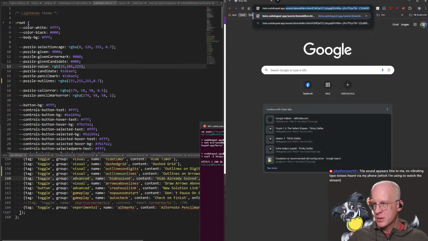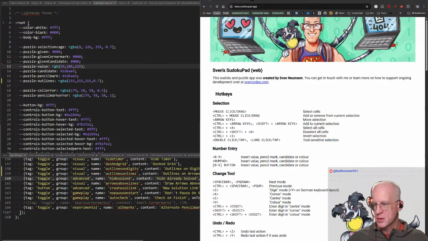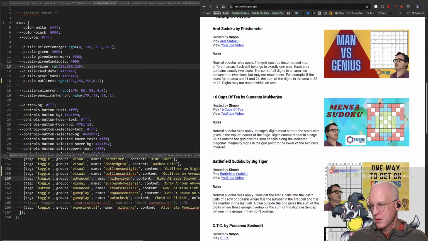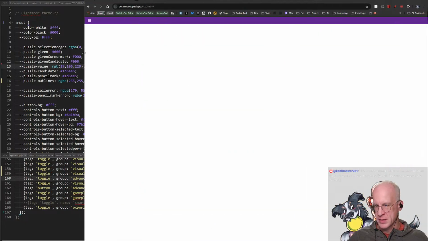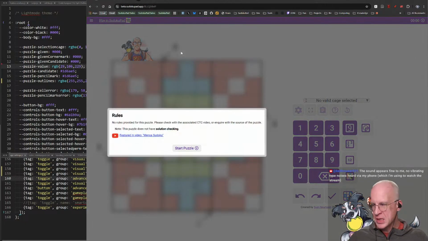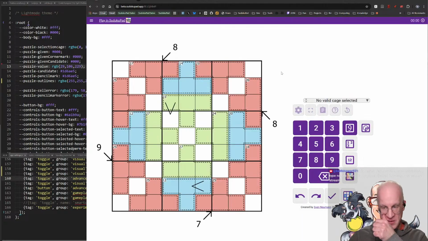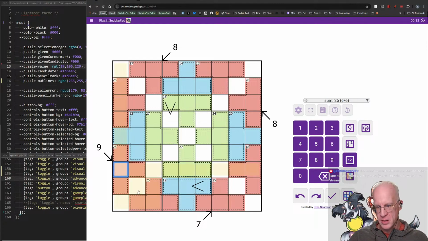I think on the homepage, one of the test puzzles has background colors. This one. Unfortunately, it's also a really old puzzle, so it doesn't have modern conveniences such as titles and rules and stuff, or even solution checking. And this was a Simon video, so it's probably not trivial either, but let's give it a try. So I'm guessing these are our